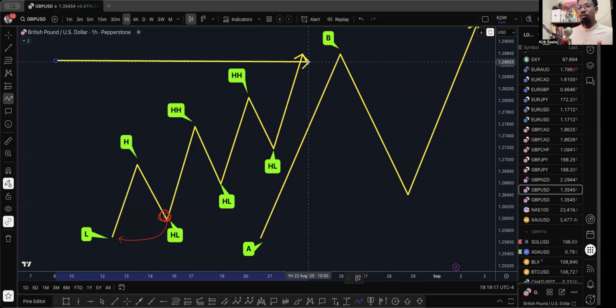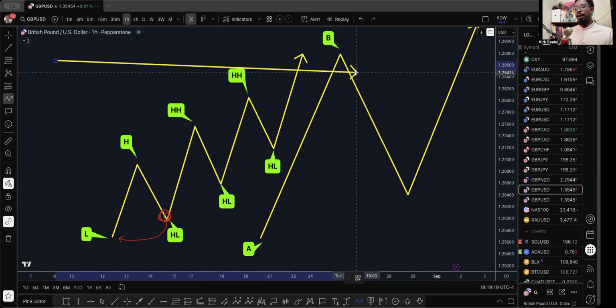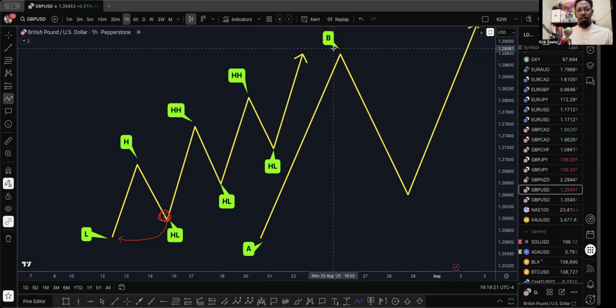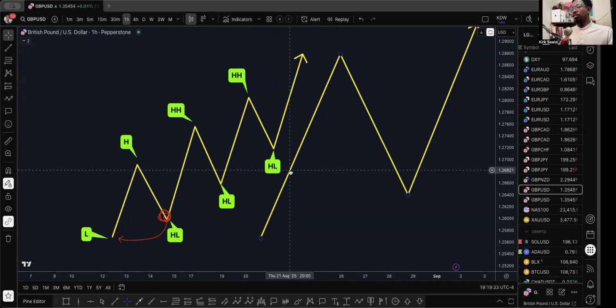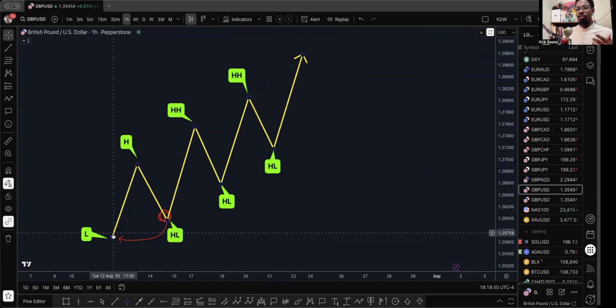All right, cool. So this pattern is just a simplified version of what the trend is doing. It goes up and it comes back down. But A to B is an uptrend, B to C is a downtrend, C to D is another uptrend. Okay. So if we know that there are trends,